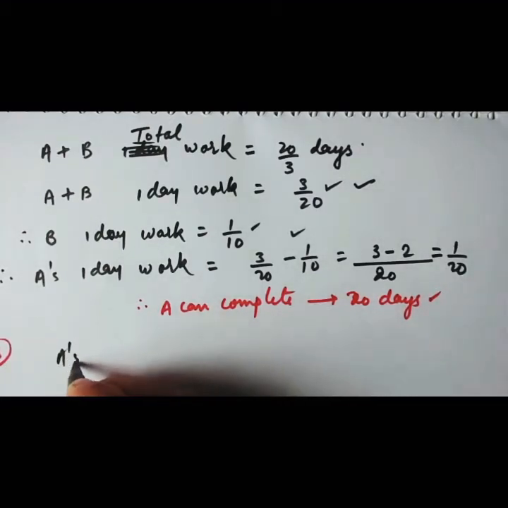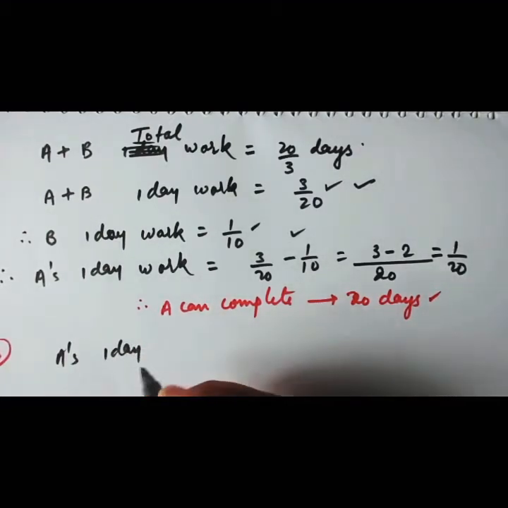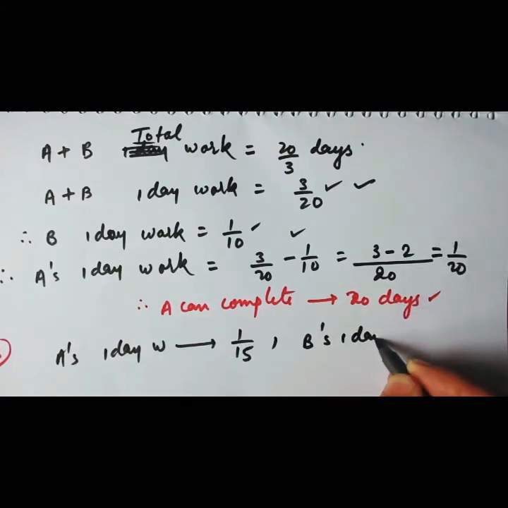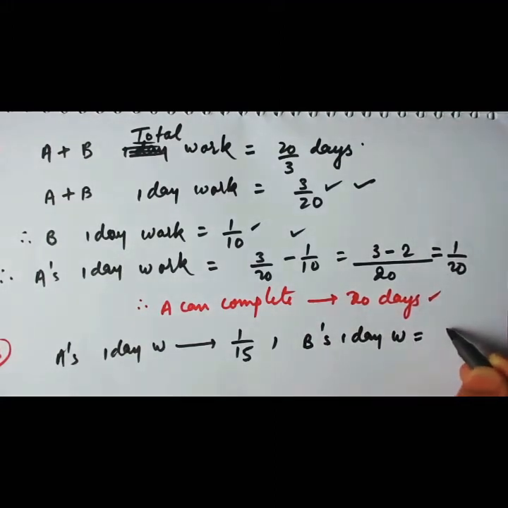So A's 1 day work they have given you as 1 by 15, and B's 1 day work is also given as 1 by 20, because B can complete a piece of work in 20 days. A can complete a piece of work in 15 days. If they work together on it for 4 days, let us first find out A plus B's